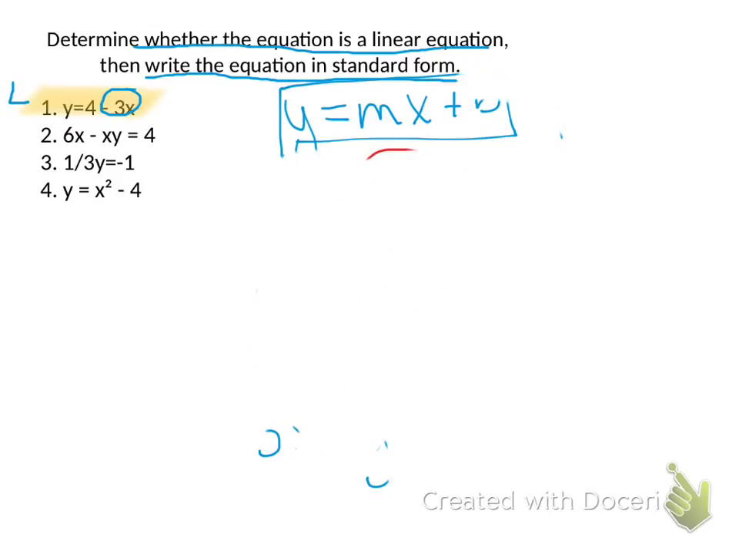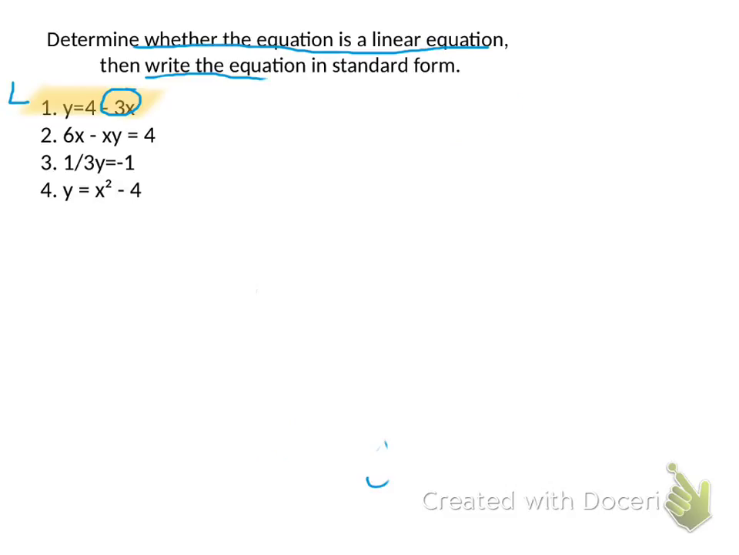Looking at number 2, we need to decide if it is linear. Okay, we've got 6x minus xy equals 4. Now, if you recall, in the last slide I said that two variables can't be multiplied together. We can't have x times y, because we can't separate that to make it ax plus by equals c. So that means that this one is not linear. Alright, moving on, looking at number 3,